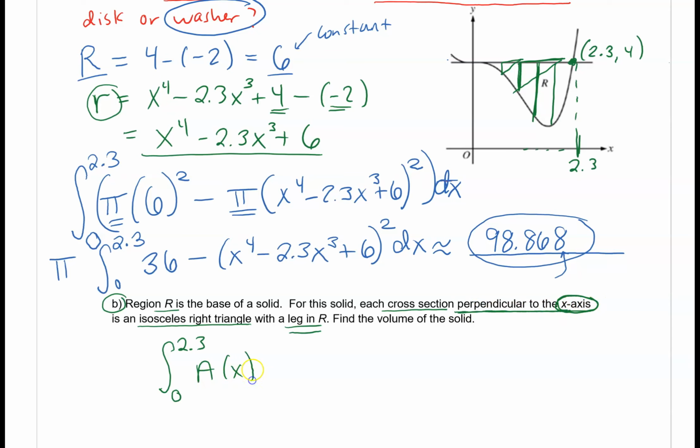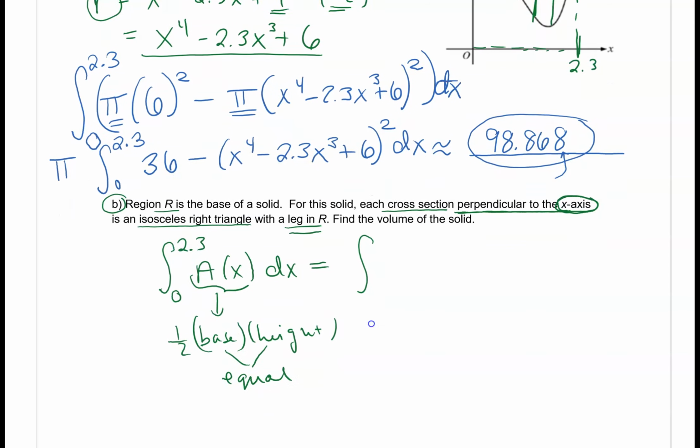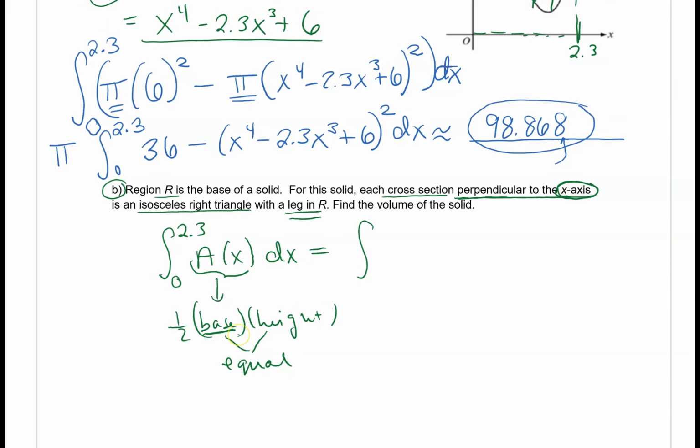And it's the area of the cross-section times dx, which is the little changes in x as you go along the x-axis here. So since this is the area of an isosceles triangle, it's going to be 1/2 base times height. Now these are equal to each other because it's isosceles,